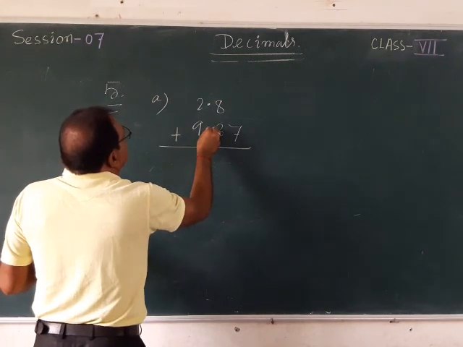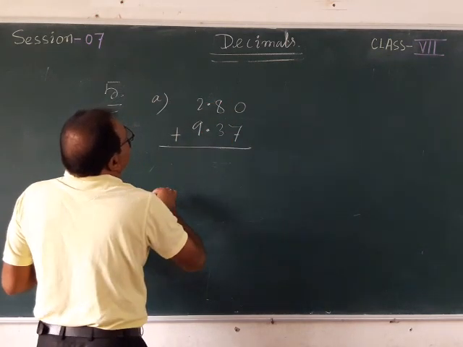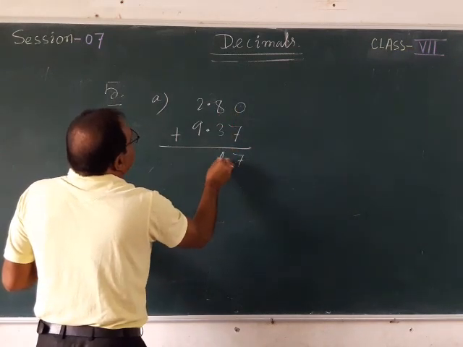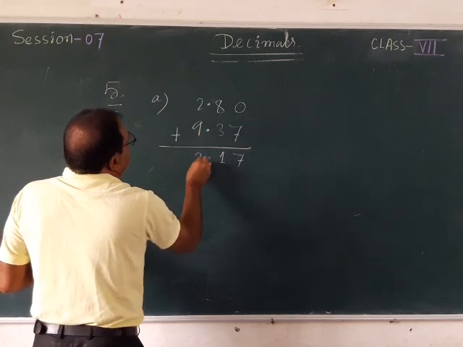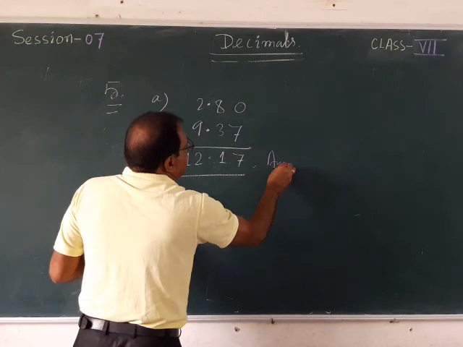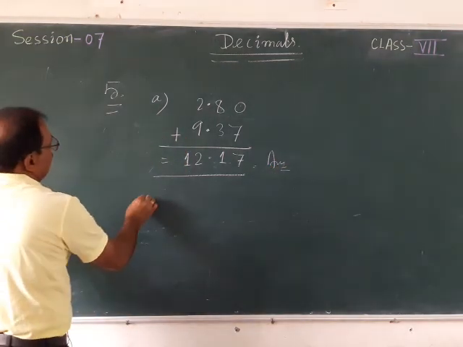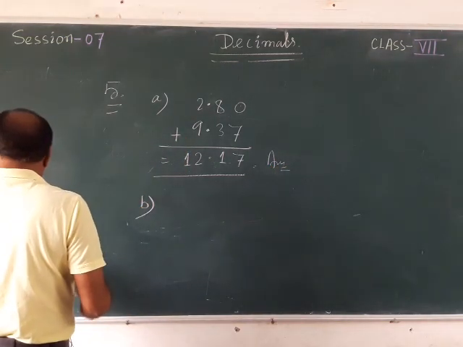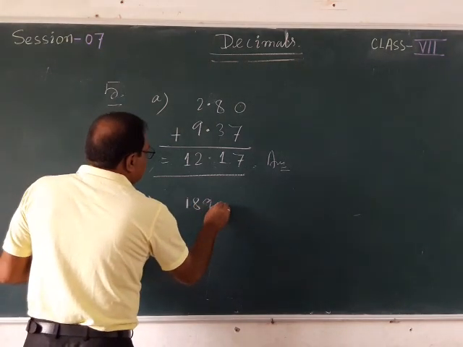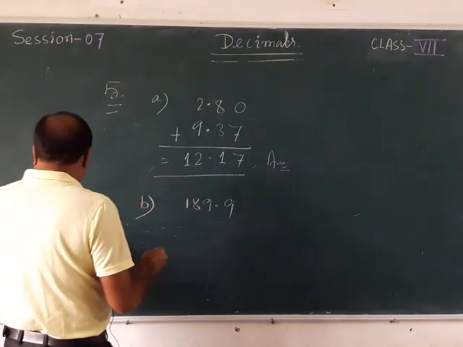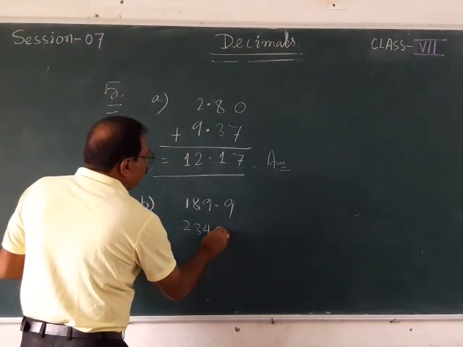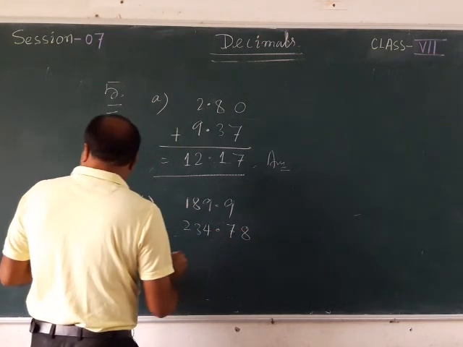Decimal should be written under decimal, then you have to put a 0 over here, then you can add: 7, 8, 3, 11, 1 carry 1, 2, 1, 3 and 9, 3, 12, 2 carry 1. So, it is 12.17 and that is your answer. Then if I am talking about question number B, you can see that here 189.9 is there, then 234.78, then